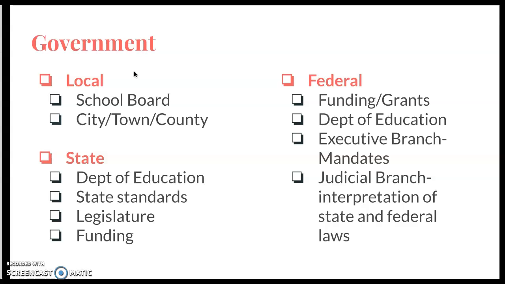We look at the state, we look at Ohio Department of Education. They're the ones that dictate specific state standards that have to be taught. They also have technology standards. So, behaviors that students should be able to demonstrate and knowledge that they should be able to demonstrate by the time that they leave. This is all tied into state funding, of course, right? And legislature looking at laws that are being created that we have to, fairly or unfairly, integrate into our curriculum